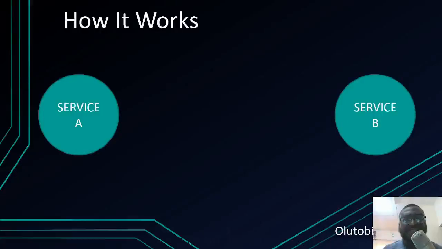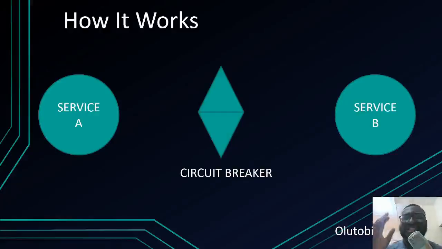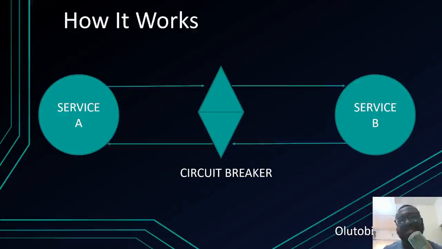Now, if you have two services, service A and service B, and now in the middle of that you have a circuit breaker, what happens? Service A still sends a request to service B, but this time service A sends a request through the circuit breaker to service B, and service B sends a response back to service A through the circuit breaker. So the circuit breaker sees the entire request response cycle, and the circuit breaker can tell that this request was well served and was successful, or this request failed, or it took 220 milliseconds to serve this request, different metrics